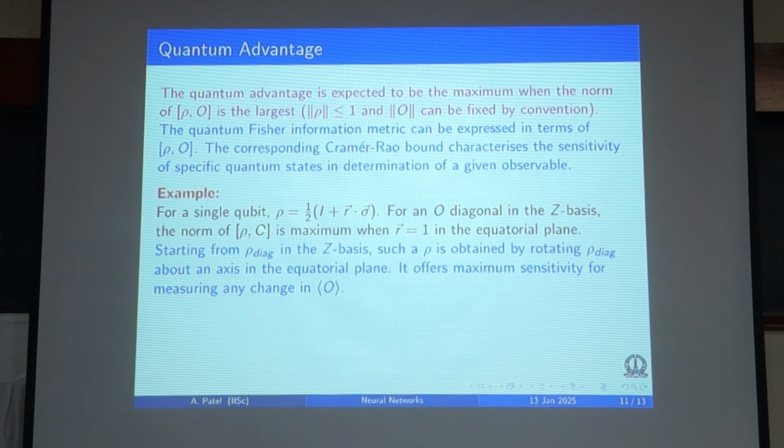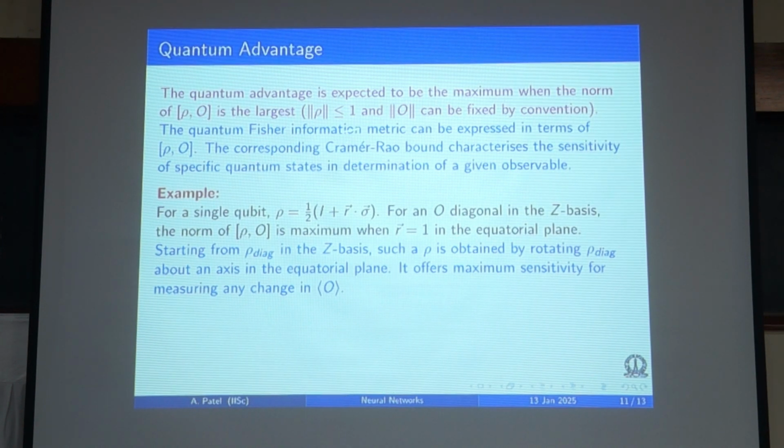So then I maximize this commutator of rho and O very trivially. If I put O in the z direction, the commutator is large, where rho is essentially some combination of x and y Pauli matrices, nothing more than that I can do. And it's a degenerate situation because you can take many different combinations of x and y, and all of them will anti-commute with z, but the direction is fixed, and that can be visualized on what is known as a